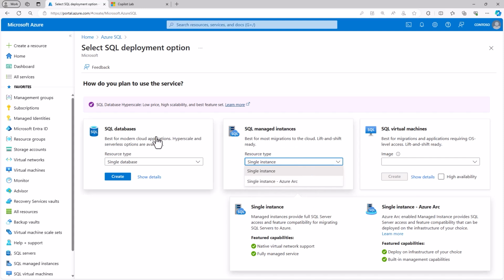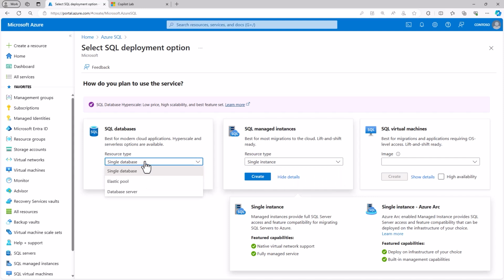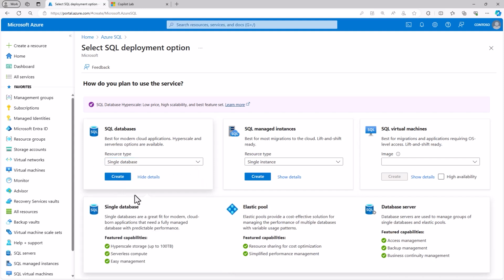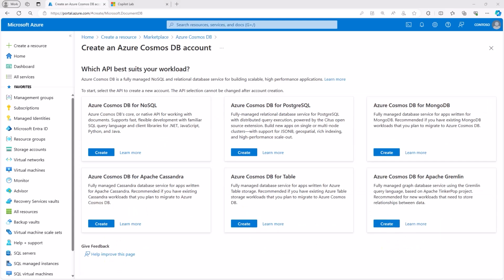Moving all the way up to the full PaaS offering capabilities, where maybe you don't want to manage a virtual machine and SQL. You don't want to manage just SQL. You want to just manage a database. And so we have single database options that fall into a single database, an elastic pool, or a database server where you could actually have a single database. And looking at the features that we have available here, moving on to Cosmos DB,